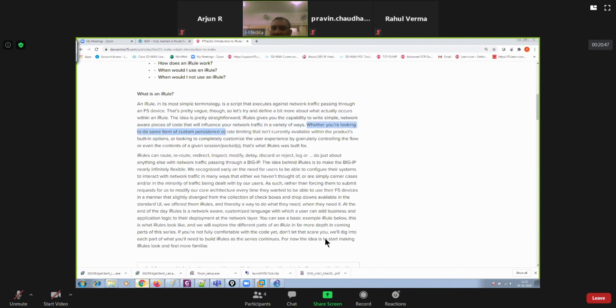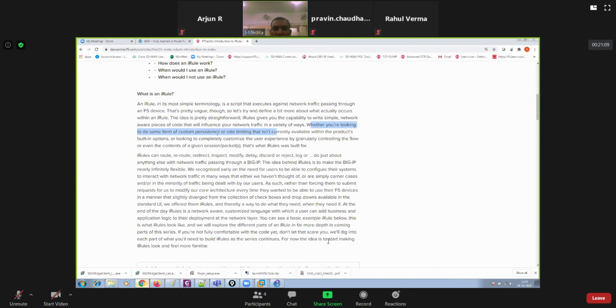There are so many options available, which you can configure using the GUI as well as the CLI console. So if you have something to do and you can achieve it by using the GUI or CLI console, go for that. Never go for an iRule. That's recommended by F5. So if you have something available that you can configure using the GUI or CLI, then you should not go for the iRule, right?